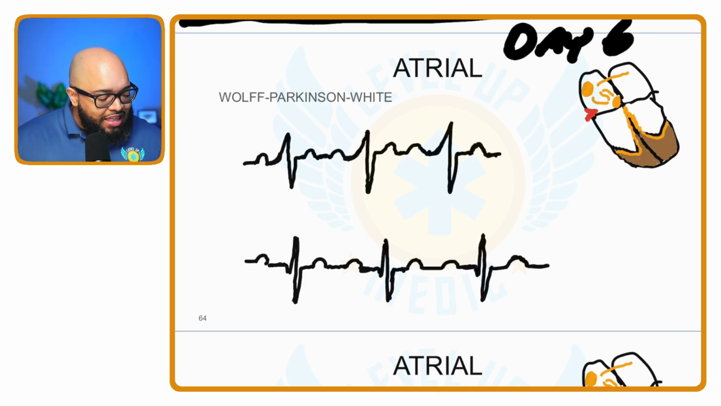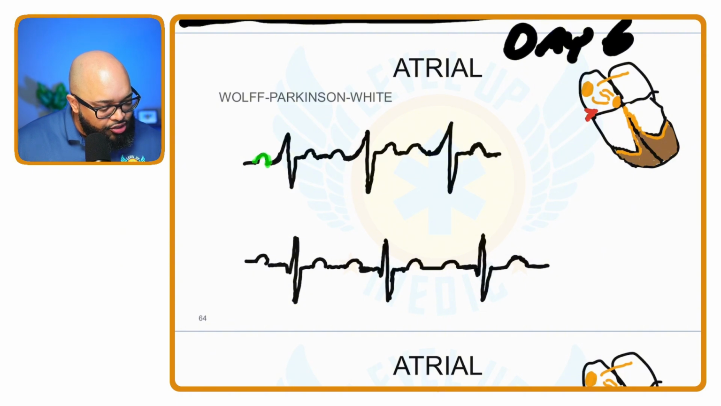So that's what should normally happen. However, in Wolff-Parkinson-White, notice how we do have a P wave, right? That means the signal first landed at the SA node. That's why we have a P wave. We have a P wave consistently, but one of the things that we're noticing here is